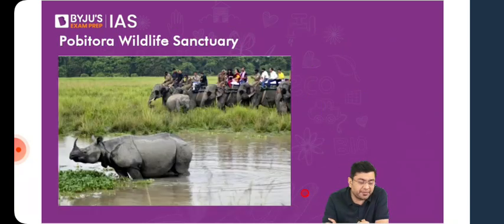So as an example of wildlife sanctuaries, you can take a look at the Pobitora Wildlife Sanctuary. Now, Pobitora is situated between the region of Burhamayong on one side and the Brahmaputra Plains, and it has a very high density of rhino population. It is situated in the state of Assam. Earlier the traditional area to venture out to see rhinos would be Kaziranga, but now it is said that if you really want to take a look, then you can look into Pobitora. Pobitora is where you will have easy sighting of the rhinos.